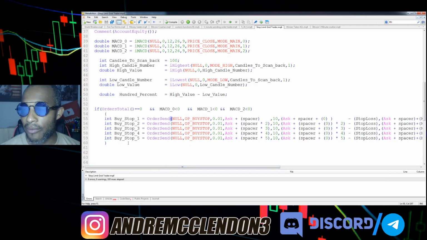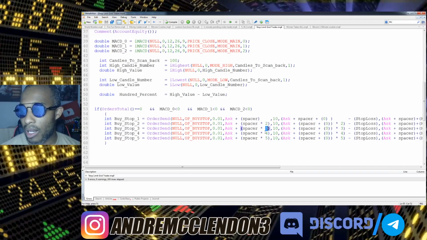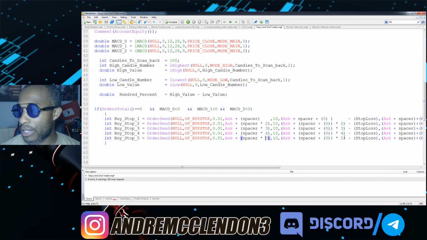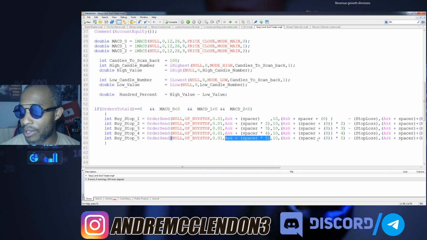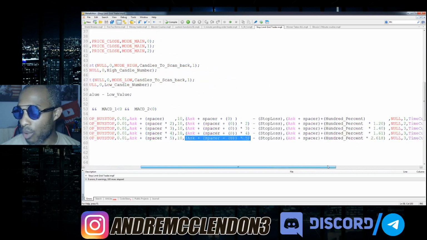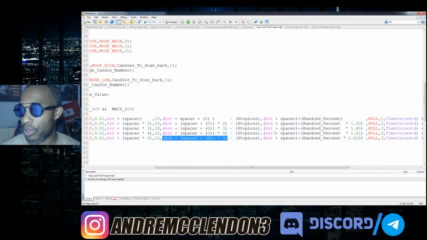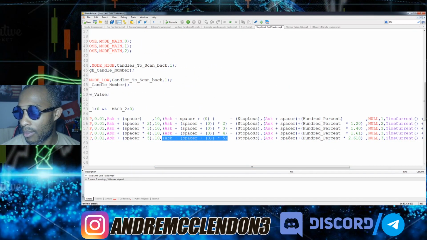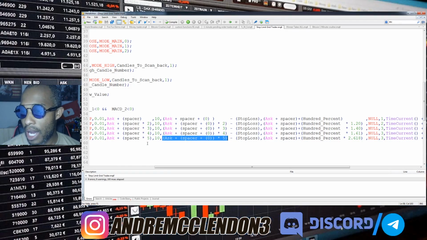So once we have our 5 orders, we know our differences. For spacer, that's for our stop loss, for our order placement, okay? And make sure that these are the same. These have to be the same, okay? This ask plus spacer, this is the location of the order, okay? Once that is the same across the board, then you can put your placement in there. See? That's the placement right there, times 5. So now that we have our order,